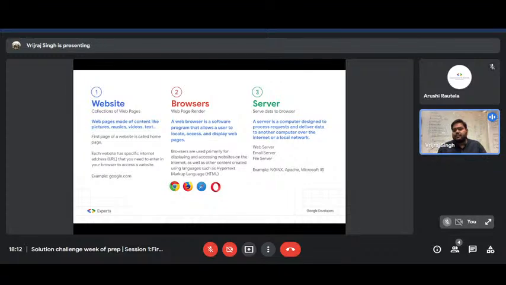So all three servers work as a combination of one server. Let's say I have opened the mail.google.com website. First we are accessing a web page, so that will be a web server. And when I click on the compose button inside Gmail and then try to send a mail to one of my friends, here we use the concept of an email server. And within a mail, whenever I attach or upload some file, here we have to use the concept of a file server. Here we are using the FTP protocol.